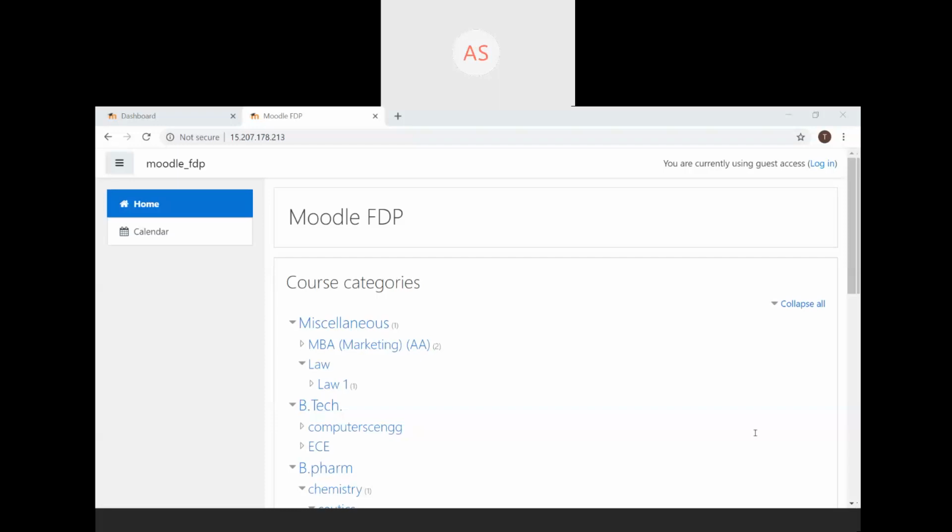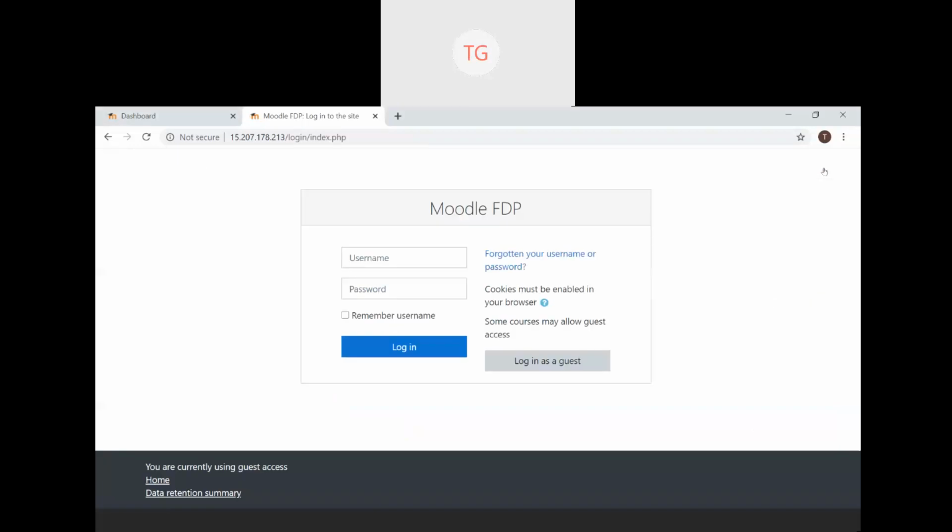Once you hit this cloud-based URL, if you have to log in, there is this hyperlink available on the top right of my screen which says login. You can click here and you can simply write your username and password. This is for the cloud version that I'm telling. After this, I will show for the on-premise version. And if you have logged in, I appreciate that.